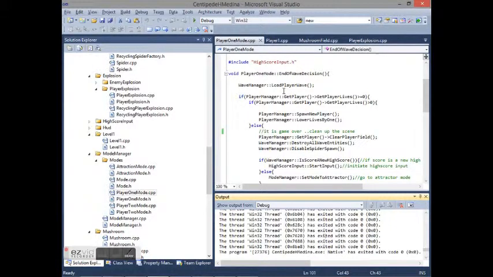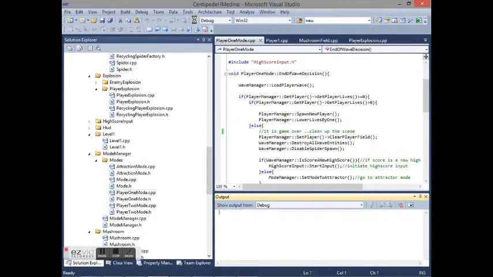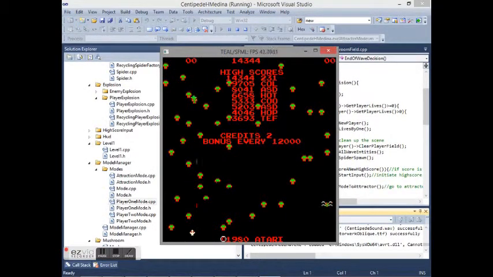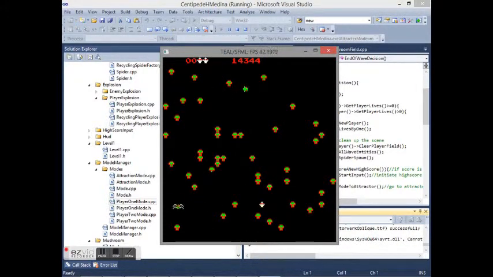Okay, so now I'm going to talk about what happens when the player dies. So the player should respawn on the same level. So if I start the game, I will show you that when I die, as you can see 1 centipede segment just for this demonstration, it'll bring me back to the same wave. But if I go to the next wave, so if I destroy,